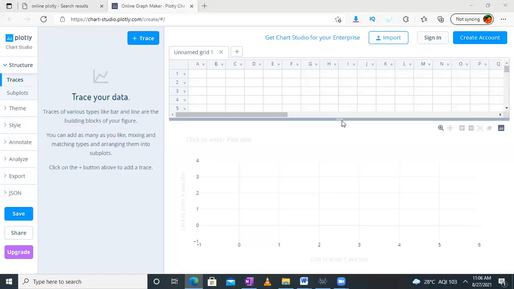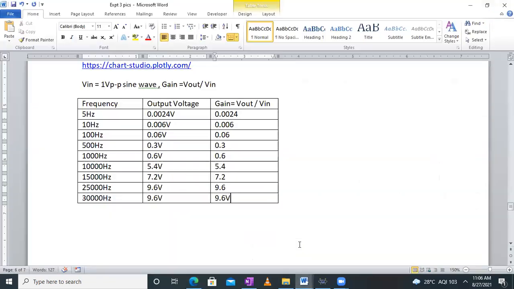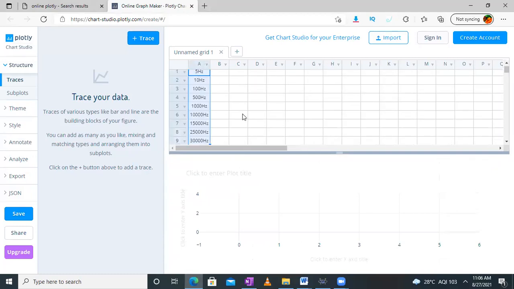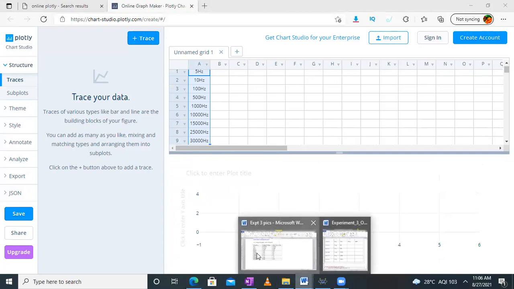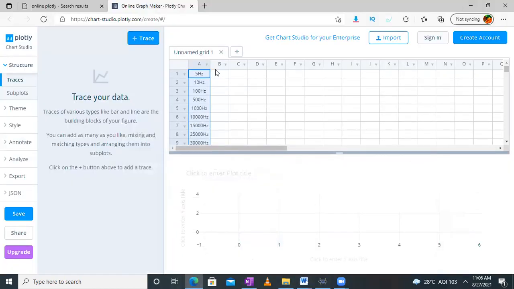Okay, so here we can enter the data in column number A and B. So let us take the data from here and enter it in frequencies in the column number A. Directly we can use it. Okay, and then again at the gain side we can add this column to the B and enter the readings like this. Okay, so we have entered the frequency and the voltage gain.